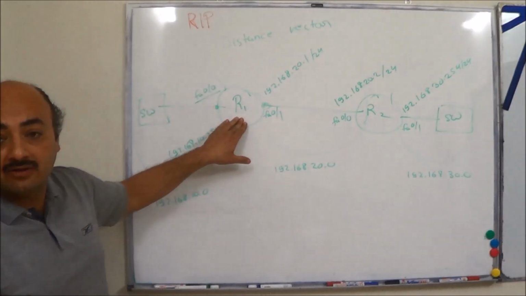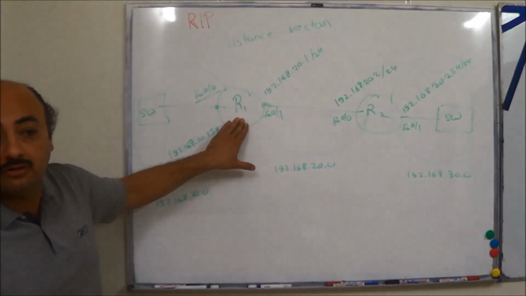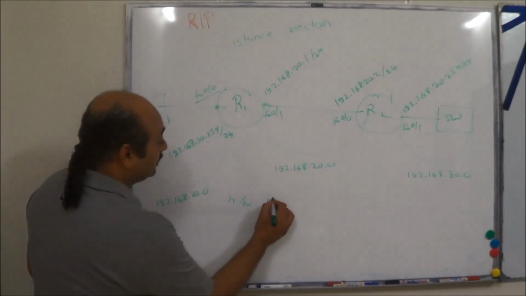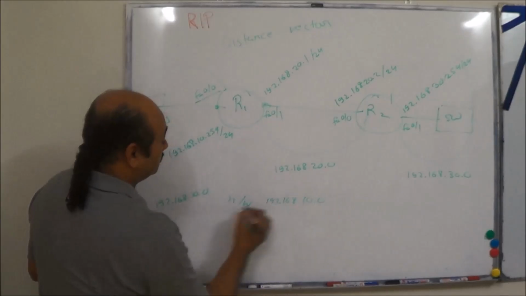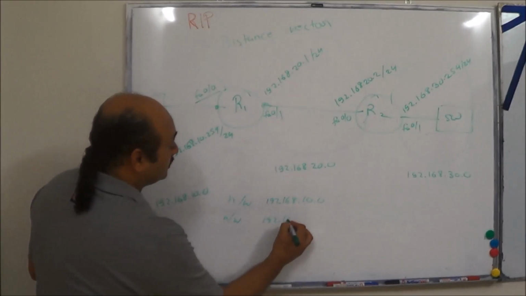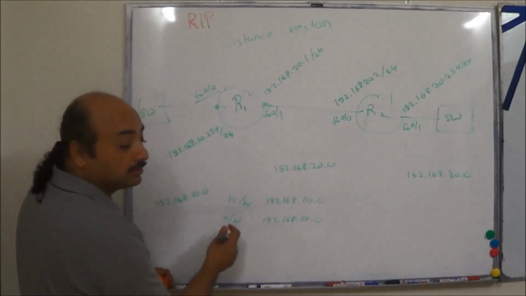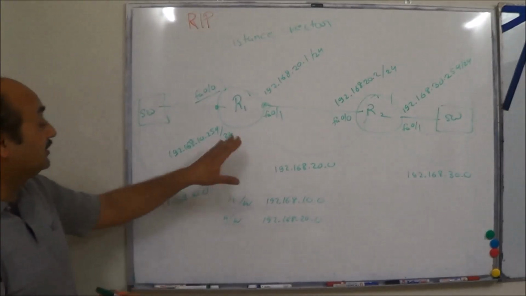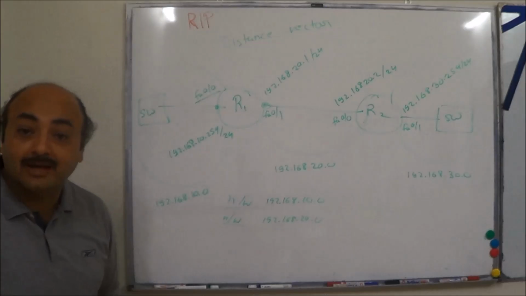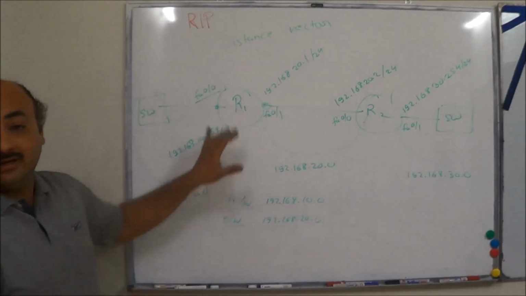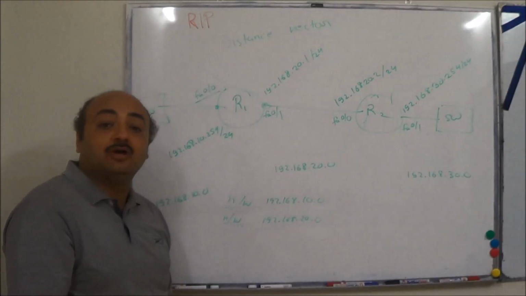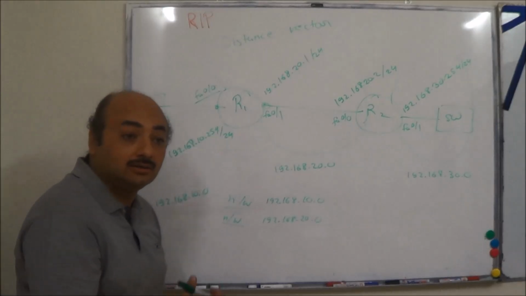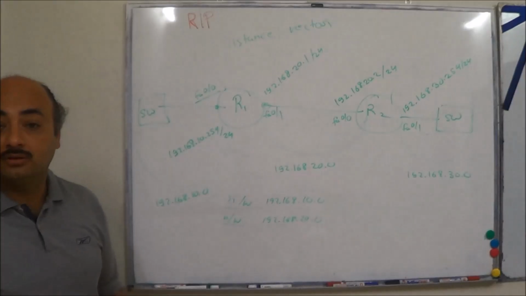Now, when we had configured on R1 the two network statements, what had we configured? Network 192.168.10.0 and network 192.168.20.0. Please, this is just a shortcut, so don't try this on the CLI. When we did this, these two networks start getting advertised by R1. When R1 advertises these networks, it advertises them with a hop count of 1. It says that these networks are at a hop count of 1.